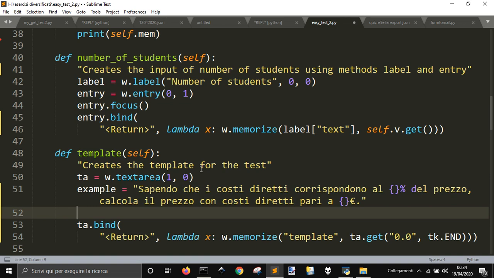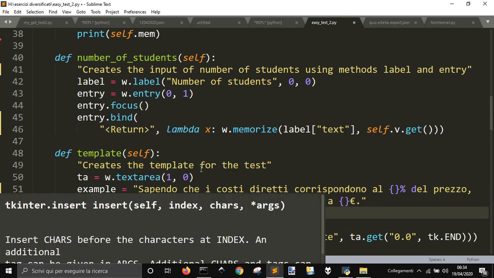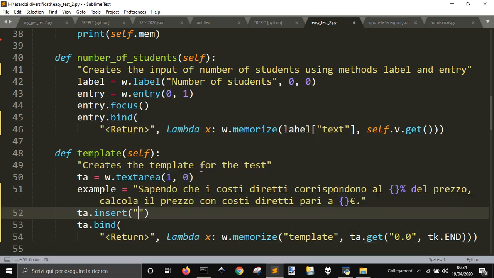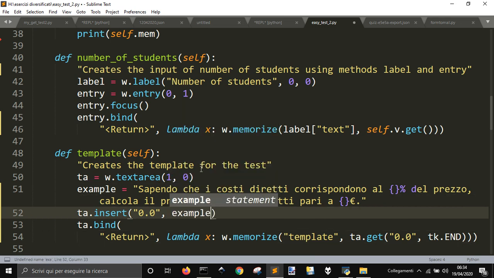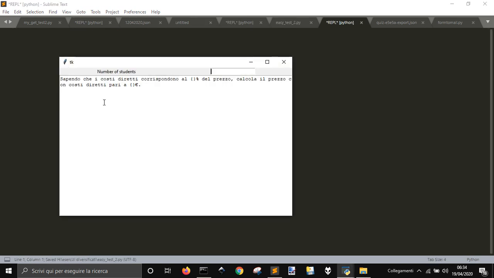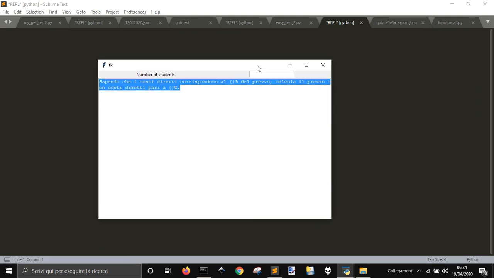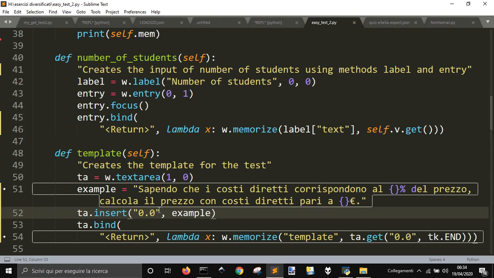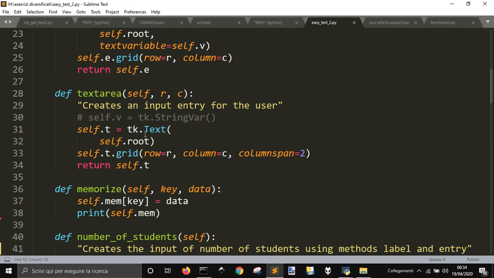Okay, and then I'm gonna try insert. If I'm insert example, just to, you see, we got the example here, it's already written, and maybe I want the text here to be